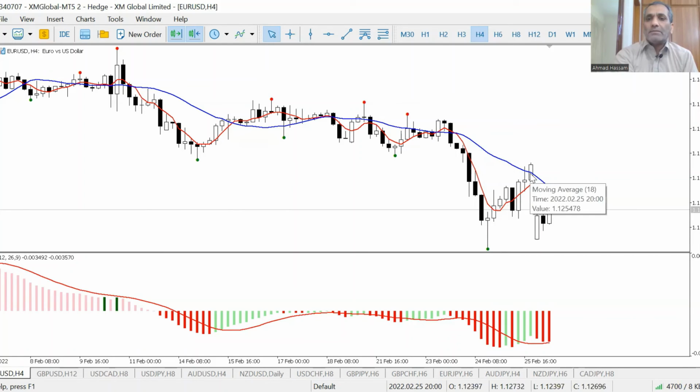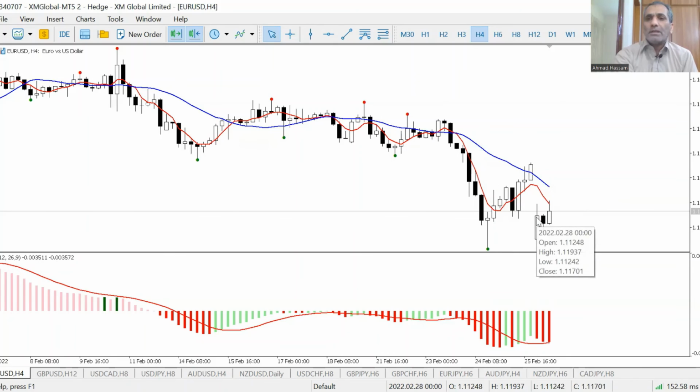Now at this point, you should have avoided this long trade, because this trend is still down. Those who have taken that long trade would be regretting today, because this is just a huge price gap. So two things we do. First, the moving average should be in the direction of the trade. Means if you are looking for a short trade, slow moving average should be above this fast moving average, and this MACD color should also be red, showing that the momentum is going down.